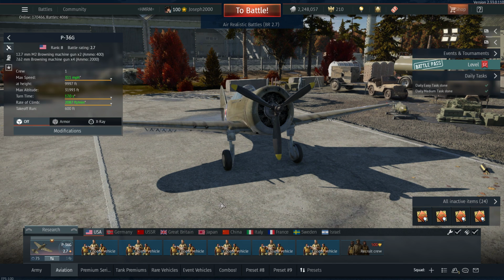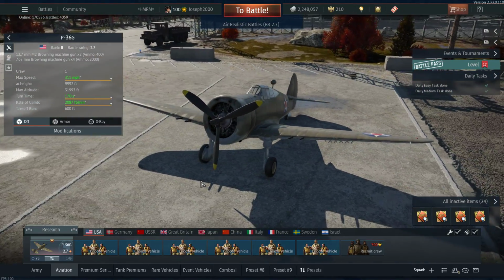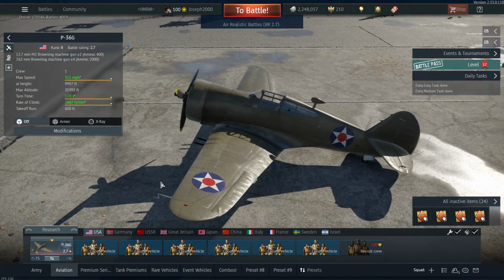And as I said, it can carry two 100-pounders in real life. Obviously in game it doesn't. So it would just add a bit more consistency in its overall capabilities. But overall, it's definitely showing its age in terms of its performance, but its overall armament is still nothing to